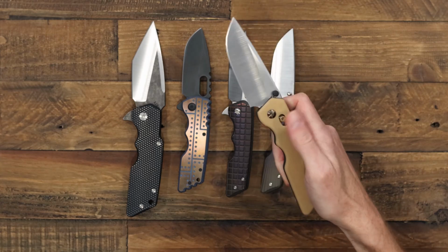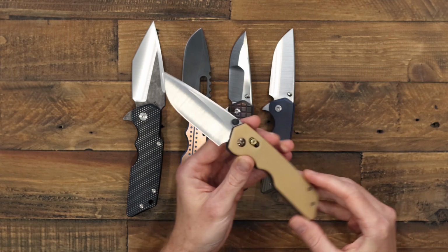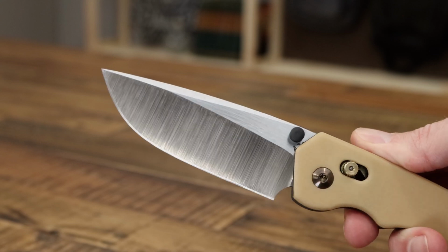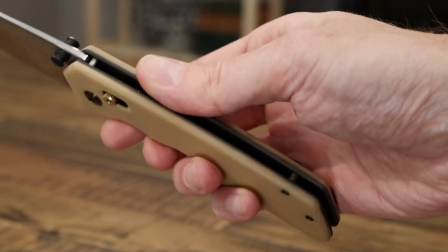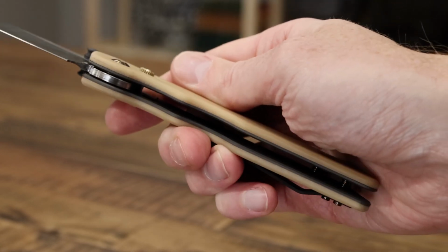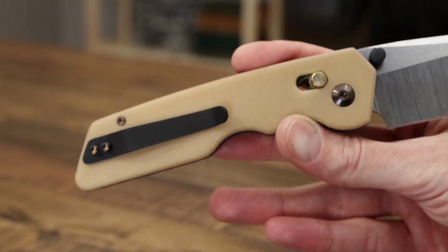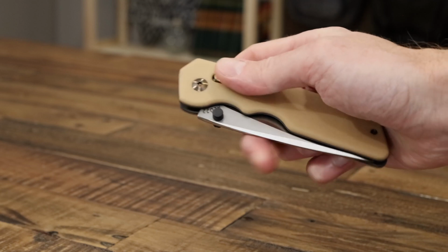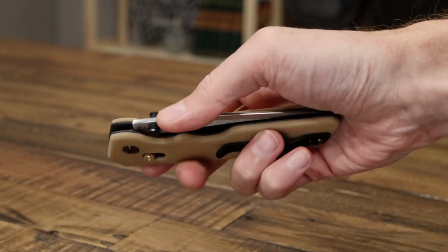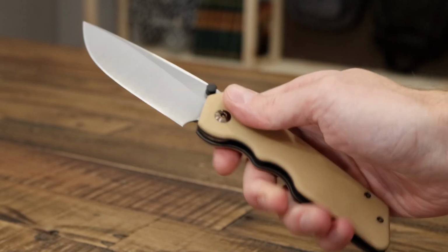And lastly, we have a large BarLock. This one has a blade of CPM S30V with a symmetrical hollow grind, a nice large blade coming in at about 4.3 ounces overall. This knife is exceptionally lightweight for the size. We have bone linen micarta for the handle scales, so a nice fine texture there and great feel in the hand. Black coated titanium liners in an open construction with matching titanium pocket clip, and dual thumb studs for deployment